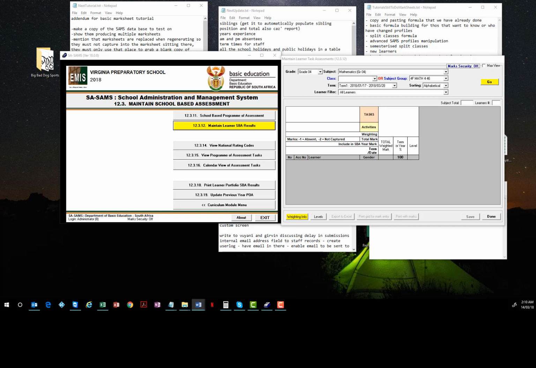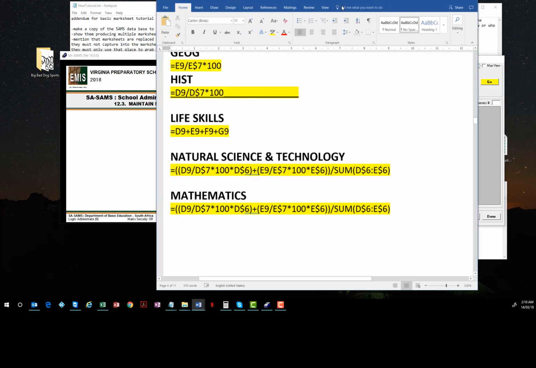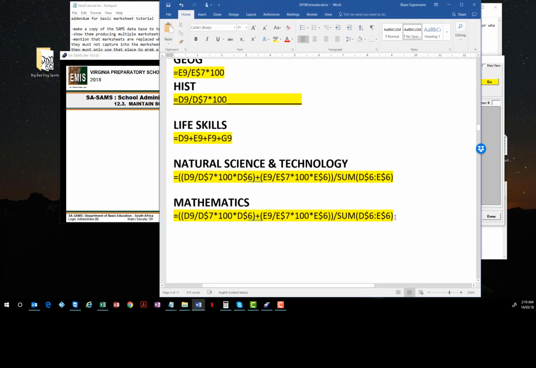Now there is almost the more standard formula that you'll see cropping up a lot, and it's used in many of the subjects, and it is this one over here. Okay, and if you have a look at it, it's basically two sections. That is the first column of marks, and that is the second column of marks. Okay, and what it's doing is it's taking the mark that's in the block, and I'll show you this now on the mark sheet itself,